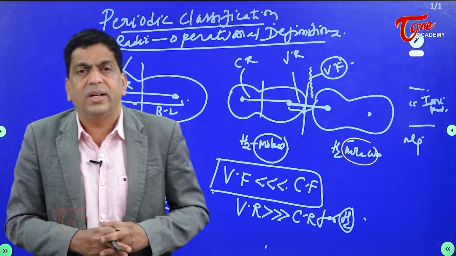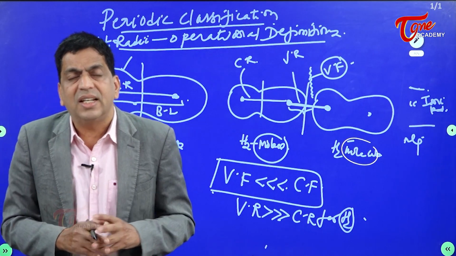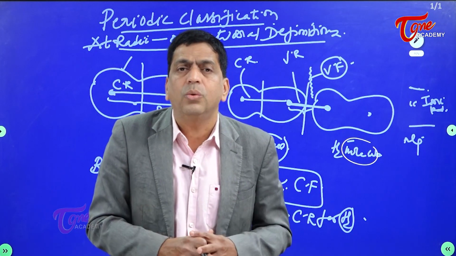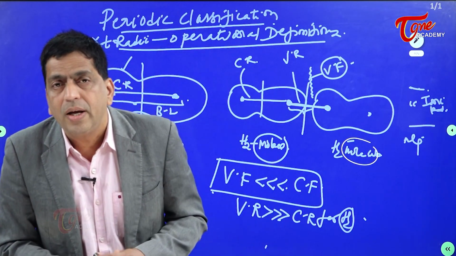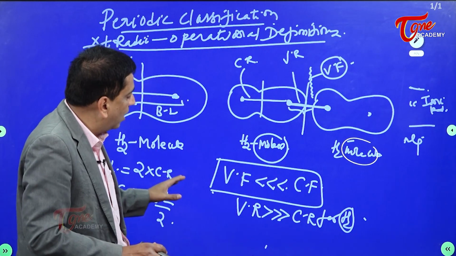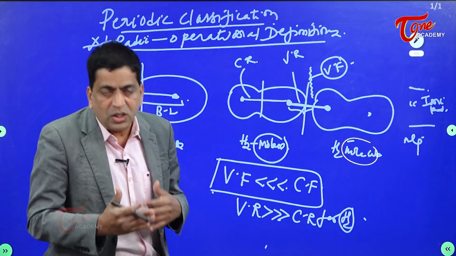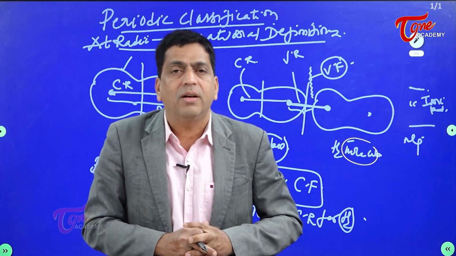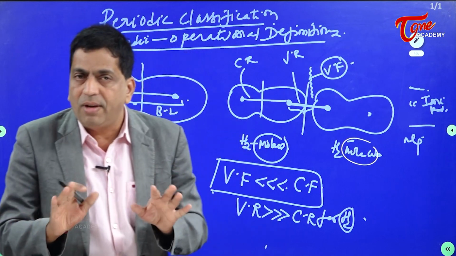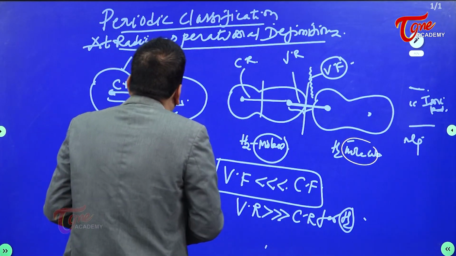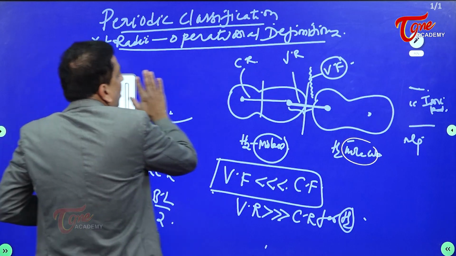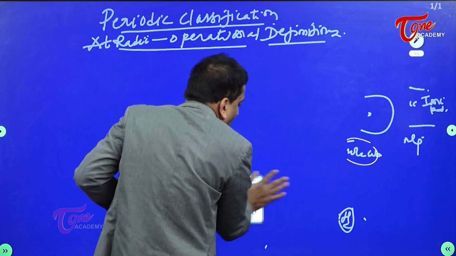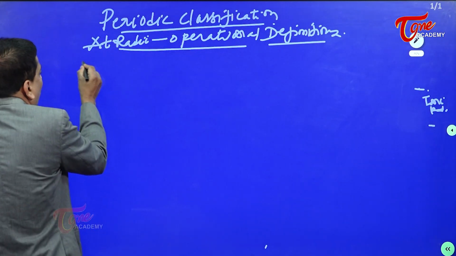Then why is the van der Waals radius proposed in the first place? It is for inert gases and not for hydrogen and the other molecules which actually participate in covalent bonding. So you stay away, just for our theoretical importance to know how much percentage the van der Waals radius is greater than the covalent radius. That's the reason why we are doing it. But otherwise, you must be staying away from doing it. The van der Waals radius is basically proposed for inert gases. In case of inert gases,